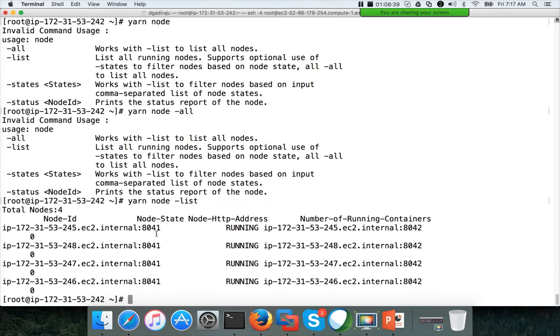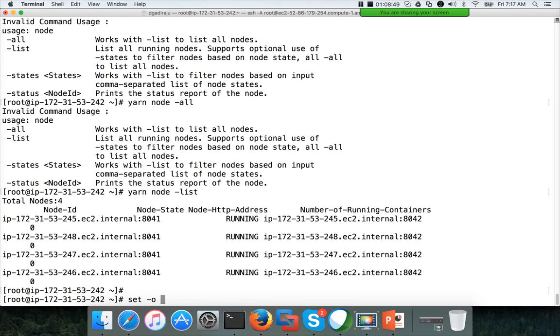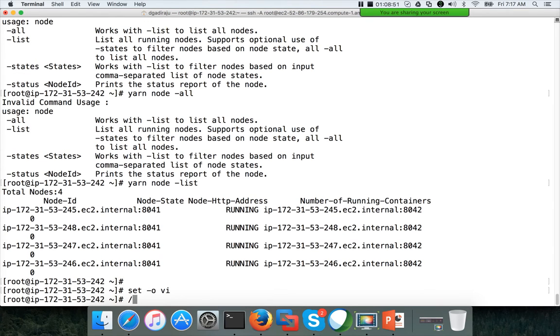And also to ensure that all the daemon processes are running, you can use the same SSH command. And yarn will be running, so 245 is a slave.